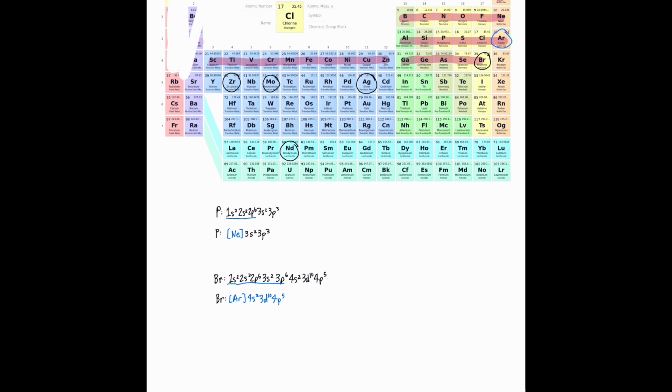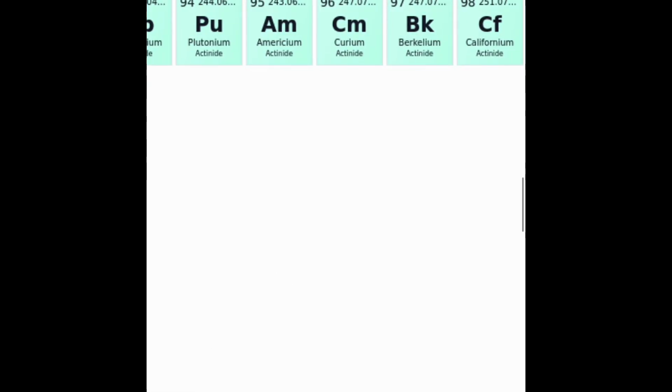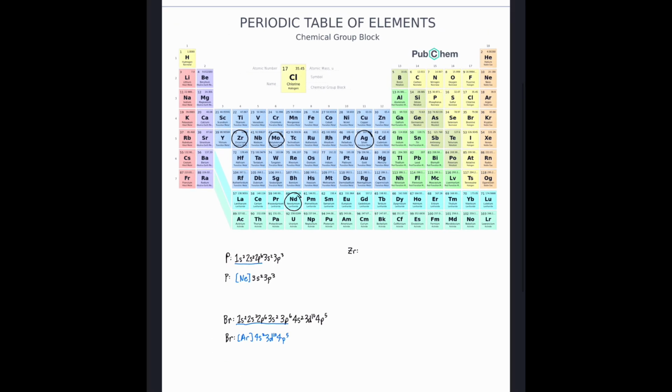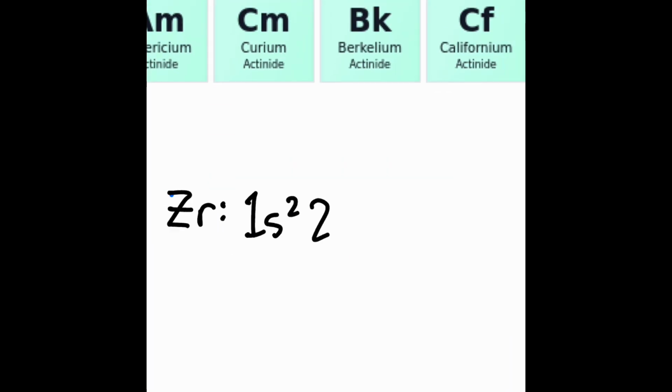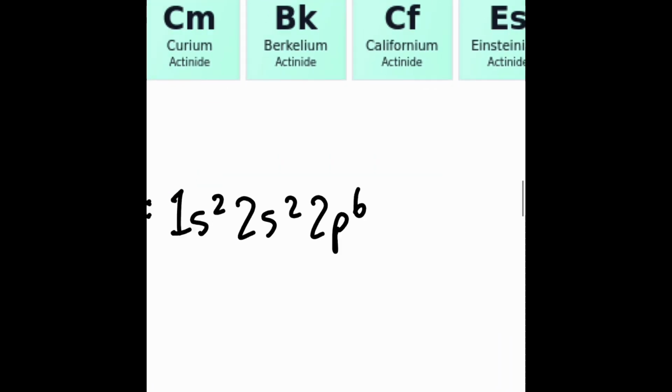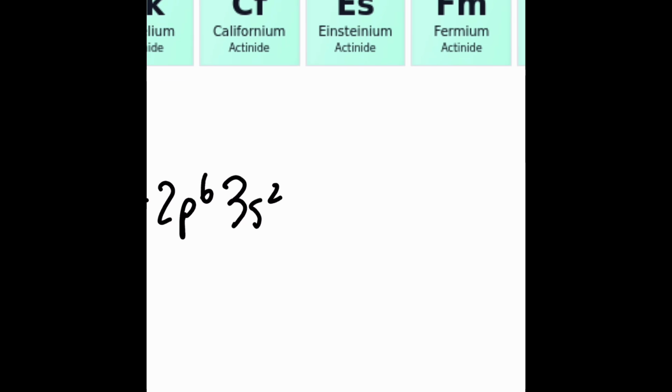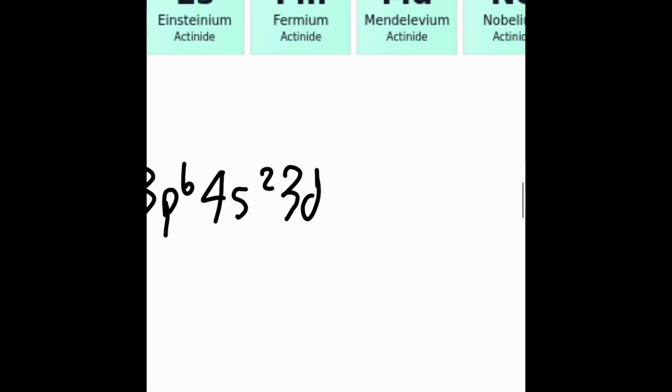All right, next one. And erasing stuff along the way. Okay, let's do our zirconium then. All right, zirconium is going to get us all the way up through to our 5th energy level. So let's speed through this. 1s2, 2s2, 2p6, 3s2, 3p6, 4s2, 3d10,